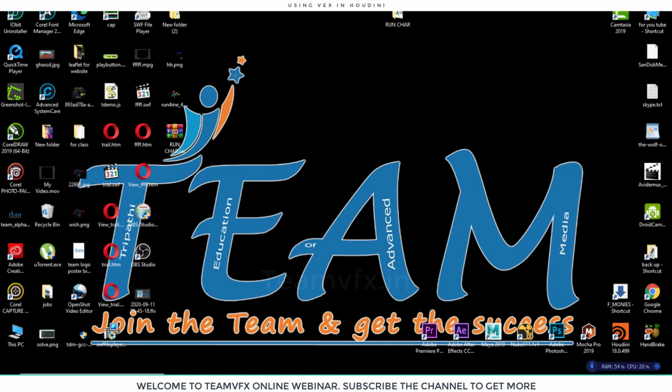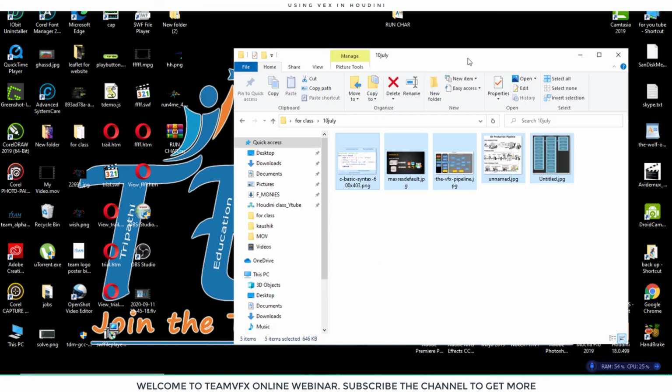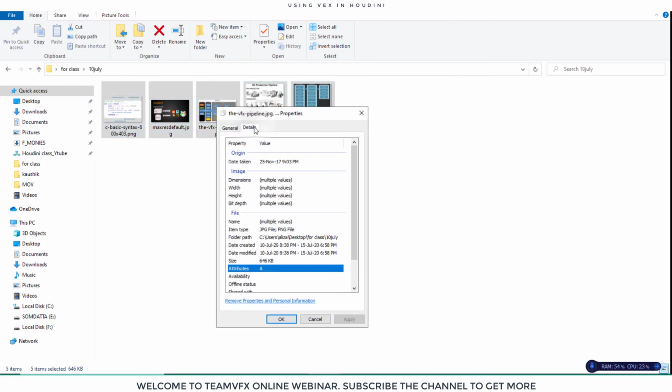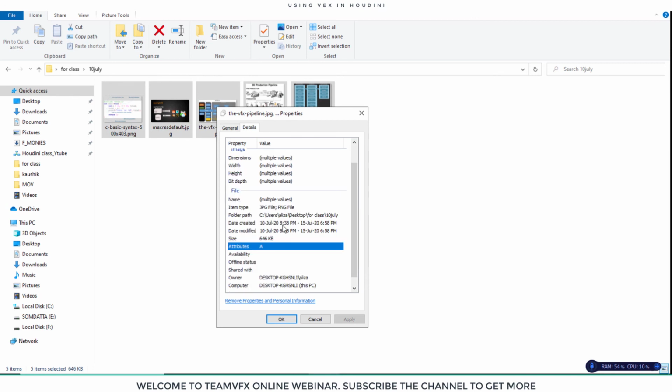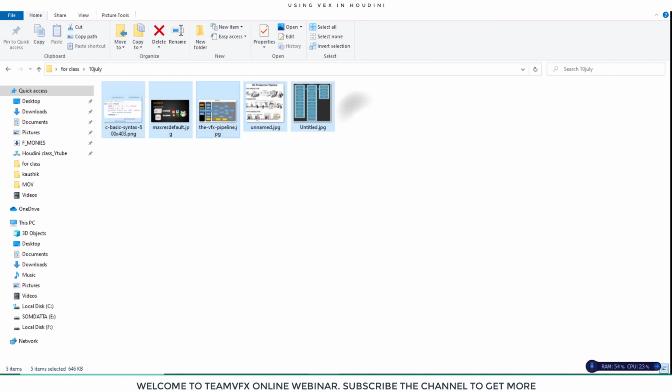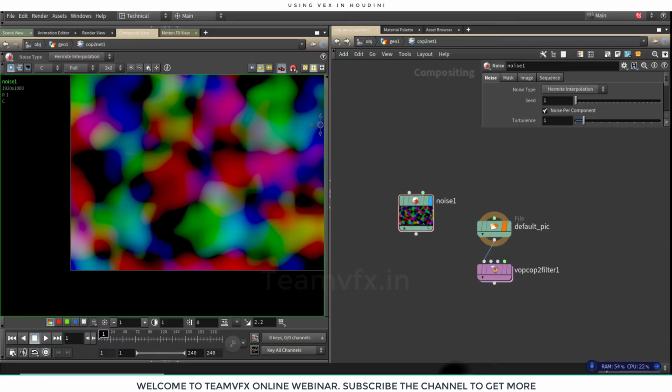And another thing that is very important to understand is, when we go to a Windows folder, we have an option to see the properties of our file. So over here you can see that every detail of my particular file is there: when it was created, what the size of it was, what the extension of it was.